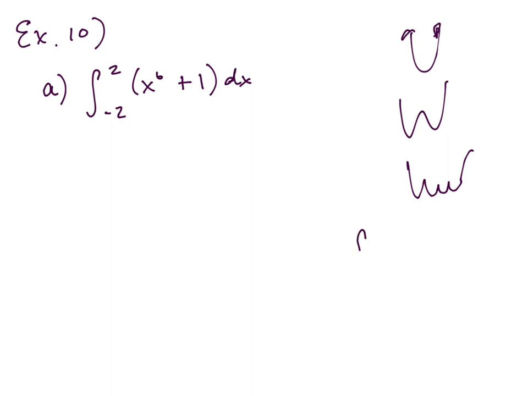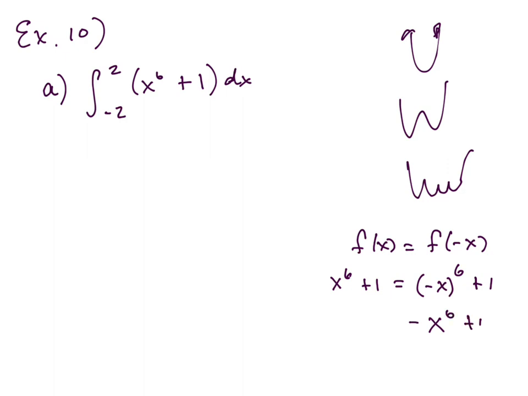So to prove that, we're saying f of x is equal to f of negative x. So we take f of x, which is x to the 6th plus 1. X to the 6th, sorry. Equals negative x to the 6th plus 1. It does do that. What happens when I take negative x to the 6th power? It gives me x to the 6th. So since those are equal,